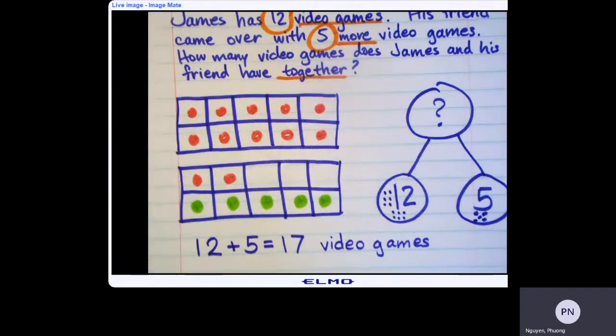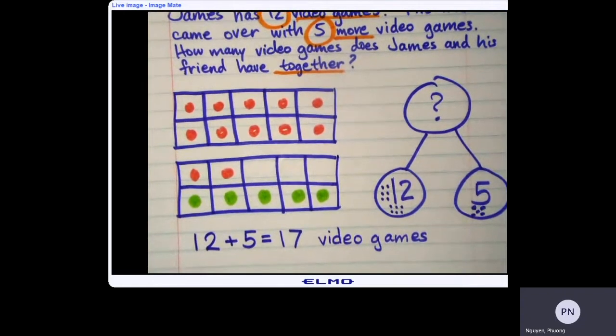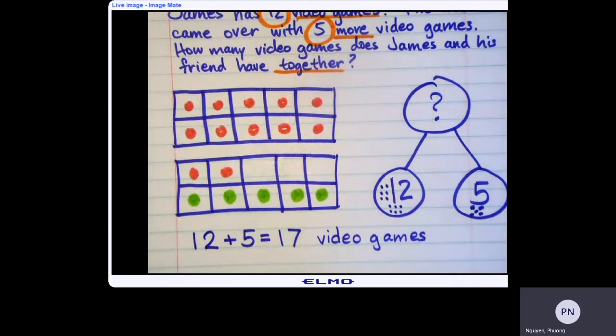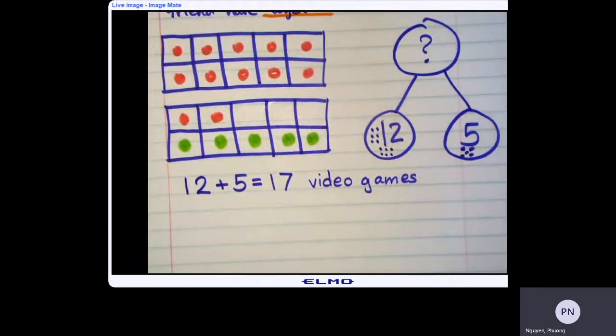Now, on the checklist, it says for you to explain your answer. How can you explain it using mathematical language? Mathematical language is like add, subtract, take away, all together. And I'm going to explain it by